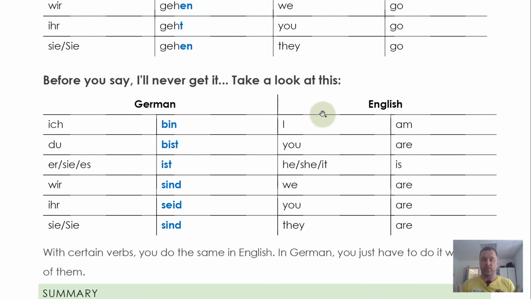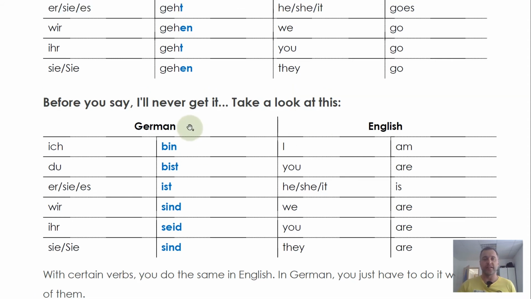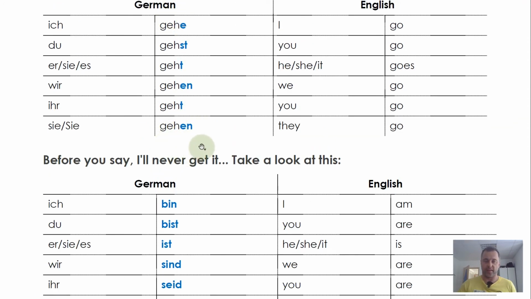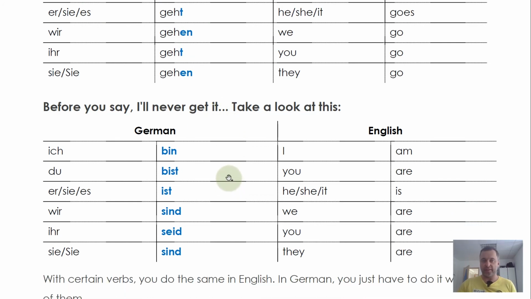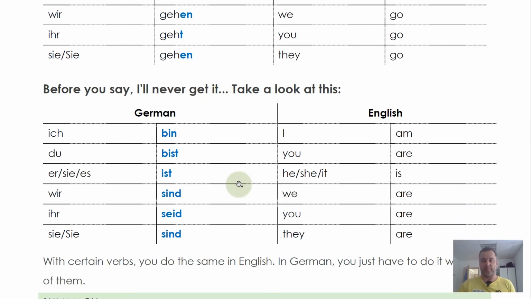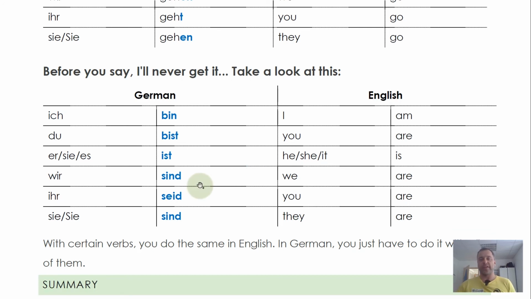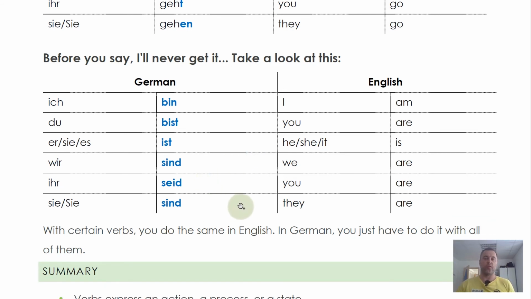But if you think like, ooh, too complicated, yes, it's more complicated than English, but it's a lot easier than, for example, Spanish. In Spanish, you have 3 different endings. In German, it's always this. It's not anything else. There's only this one version. A few irregular verbs do whatever they want, but 95% of all verbs use this ending. So it's not 3 different ones in all tenses like in Spanish, so that's much easier. And that's pretty much everything you have to know about German verbs.